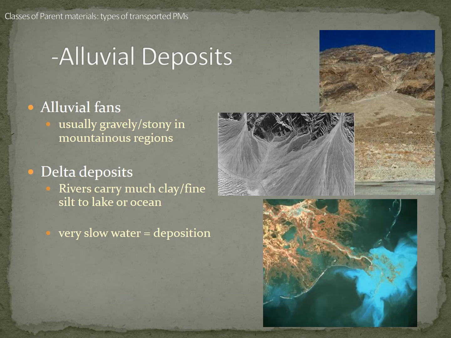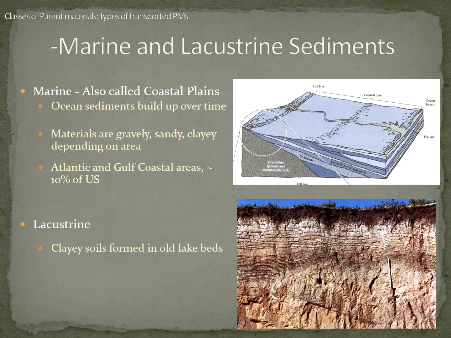Alluvial fans, alluvial deposits. We usually see these in delta deposits, okay? Essentially, they can come out of the drainage way from mountainous regions. In that case, we see them being very gravelly and stony. Or in delta deposits, we usually see them at the base of a river as it flows into another larger body of water, but generally at this point it's a very slow deposition, and so we see much smaller fragments like clay and fine silt being deposited in delta deposits. So these are all alluvial, moved by streams and rivers still.